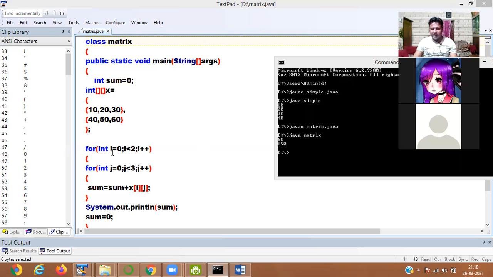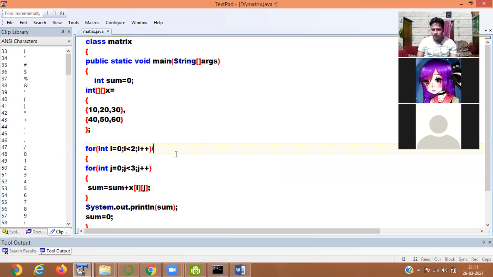Now see that int i is equal to 0. 0 is less than 2. Why? The outer loop is represented for a row, and the inner loop is represented for a column. So as there are 2 rows, here it is given as 2, 0 and 1, 2 rows.